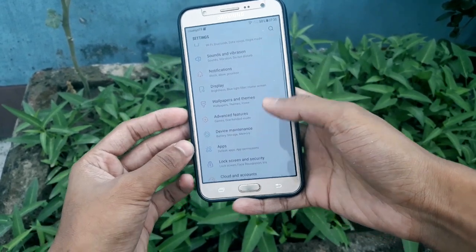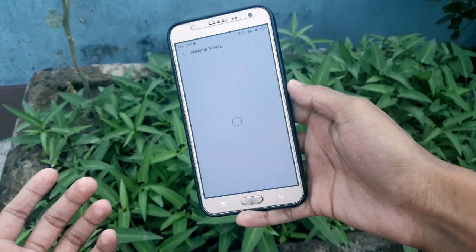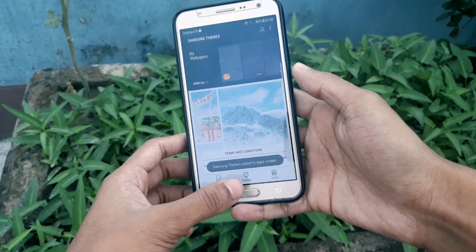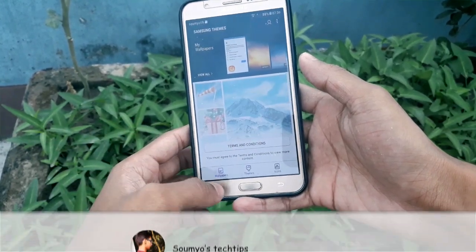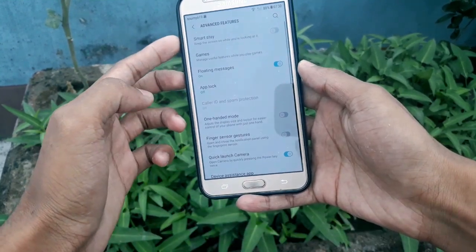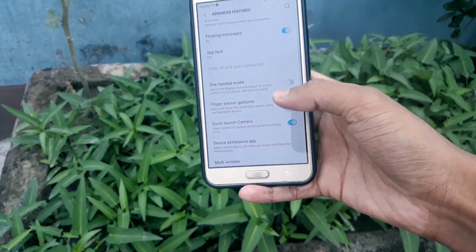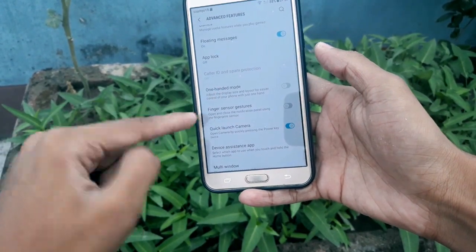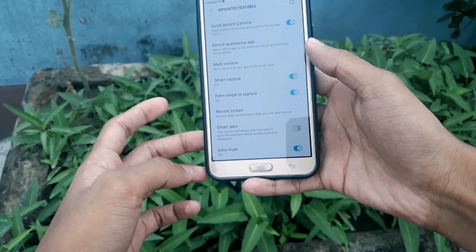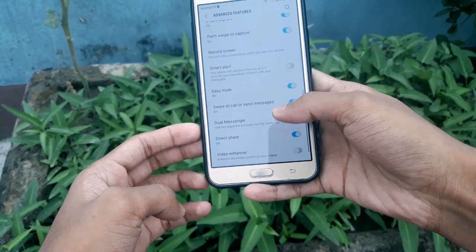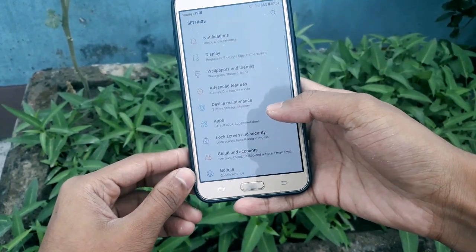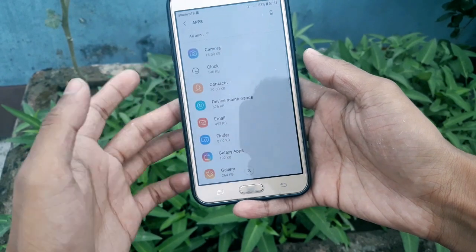Then go to the wallpapers and themes. You can add your photos, anything, you know what the wallpaper does. You can add themes or use any other wallpapers. Now if you go to the advanced features, you will find smart stay and more things, finger sensor gestures. Not working, of course, but anyway. You get the device assistance app, record screen, smart alert, and then you find dual messenger, video enhancer that we showed before. Now if you go to the apps section, here you will find your apps,